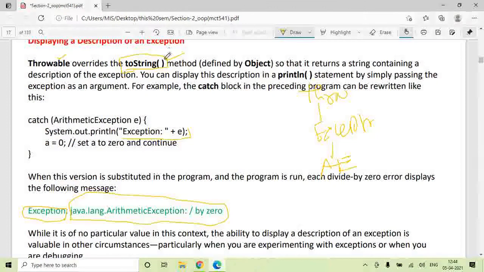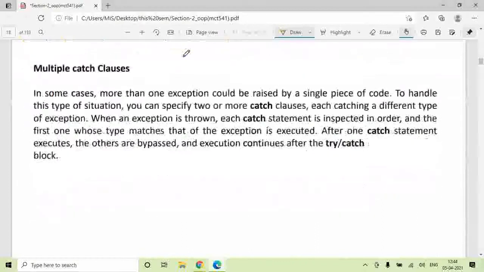We will see how to override this toString method when we create our own exception class. Till then you hold back on this particular point. We will see this in detail with the help of an example.